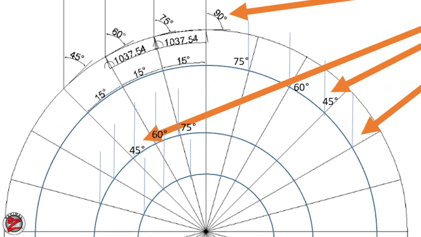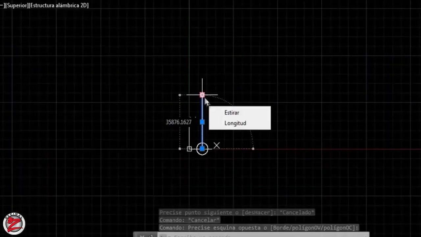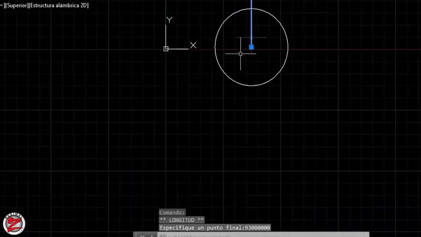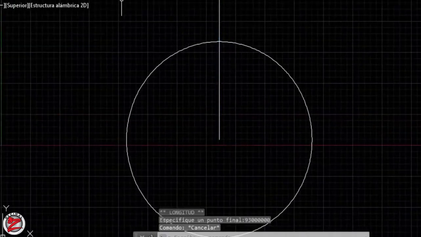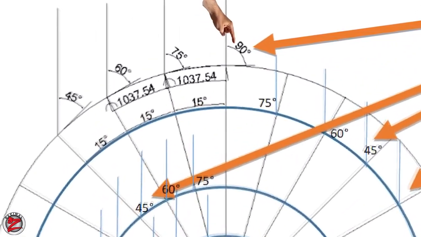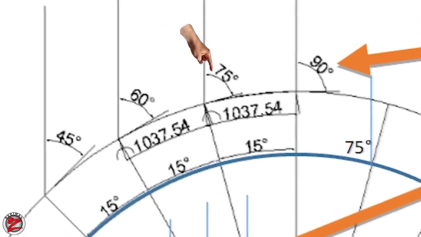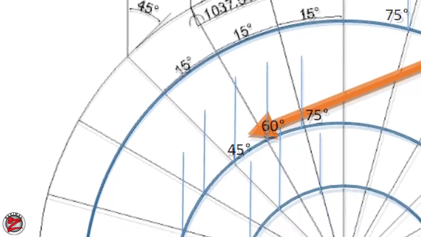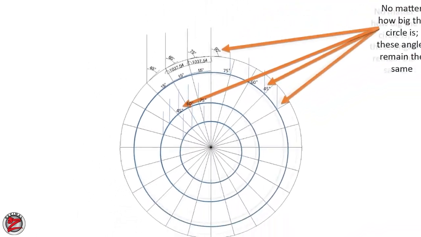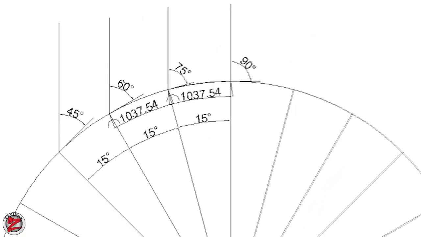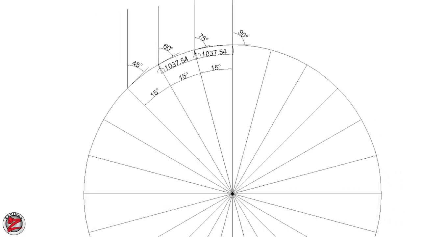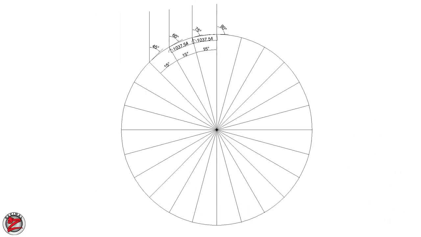Once you get this done, you will have to do something else. You have to draw a line from the center of the circle to the sun. So if you want to measure the angle of the sun, it will give you 90 degrees, no matter how big the circle or the ball is. This angle will be 90 degrees and this will always be 75 degrees and this one 60 degrees and so on and so forth on all scales. So there will always be 15 degrees between each line. By doing this, we are already assuming that the light rays are parallel to each other. For now, this is the only way to make the angles work.